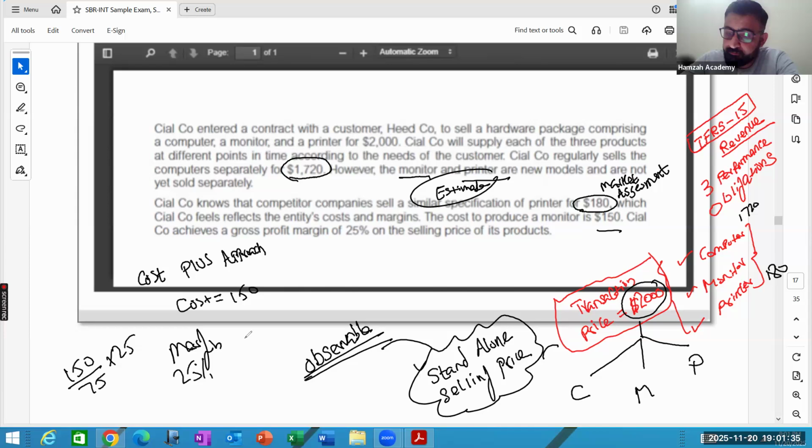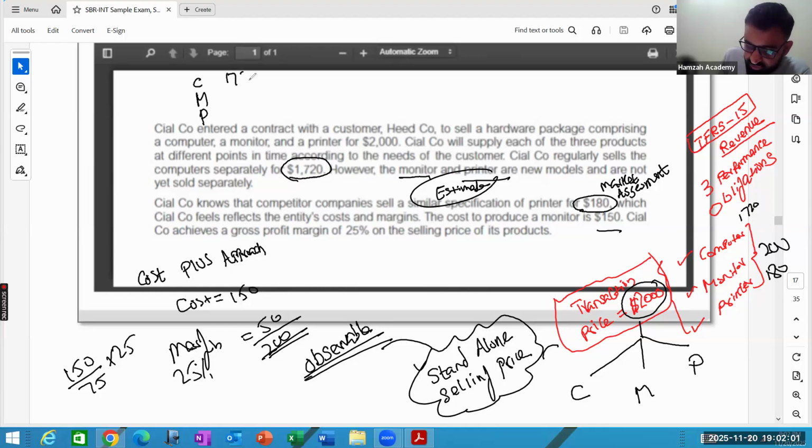And that is $50, the stand-alone price of the monitor. Later we have used the cost plus approach. Now, as we have all the stand-alone prices, computer, monitor, and printer,